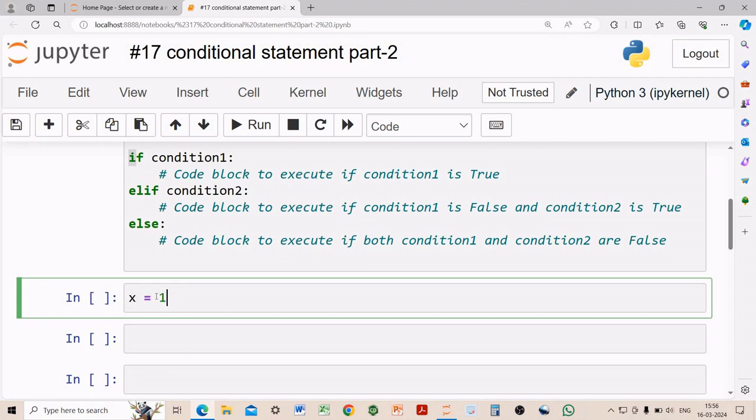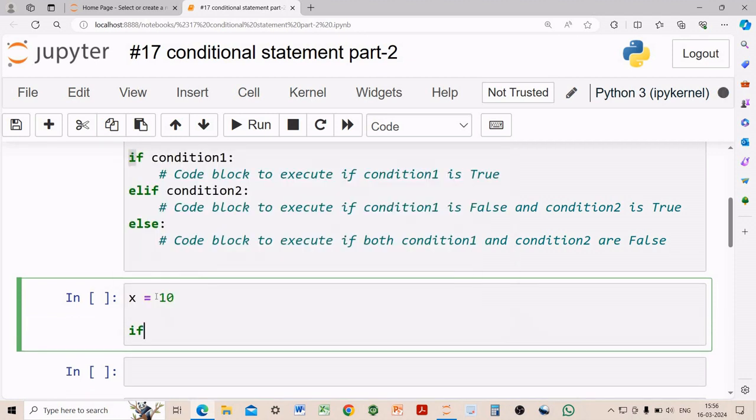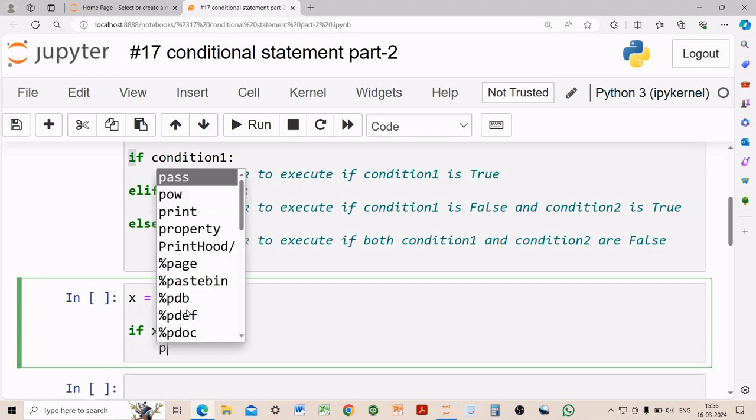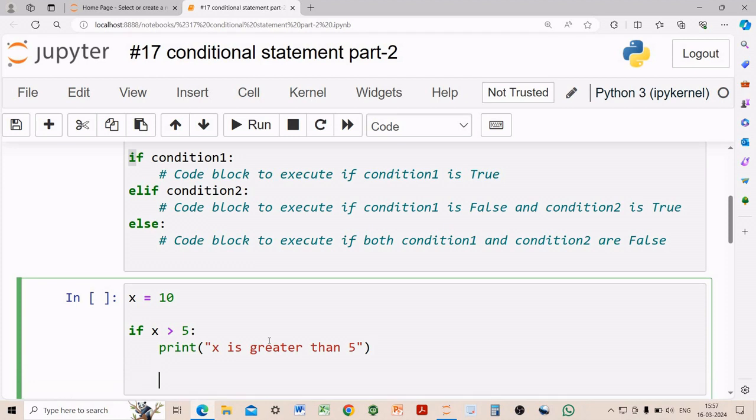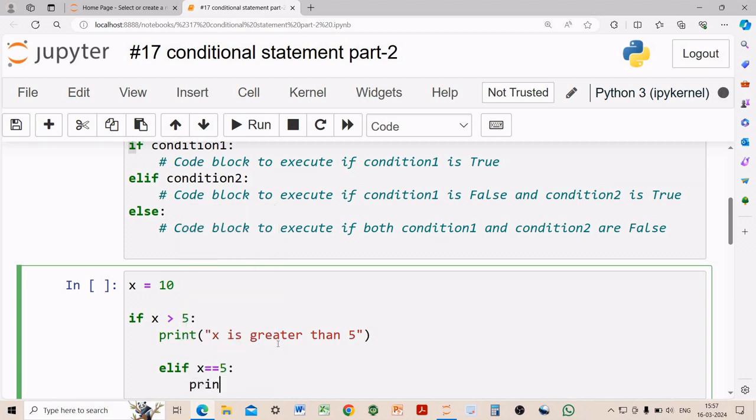Suppose I'm taking x is equal to 10. And I want to write the multiple conditions in here. So first I'll pass x is greater than 5, and if this condition is true, then I want to print x is greater than 5. And elif, I want to check another condition here. Elif x is equal to 5. So if this condition gets true, then print x is equal to 5,